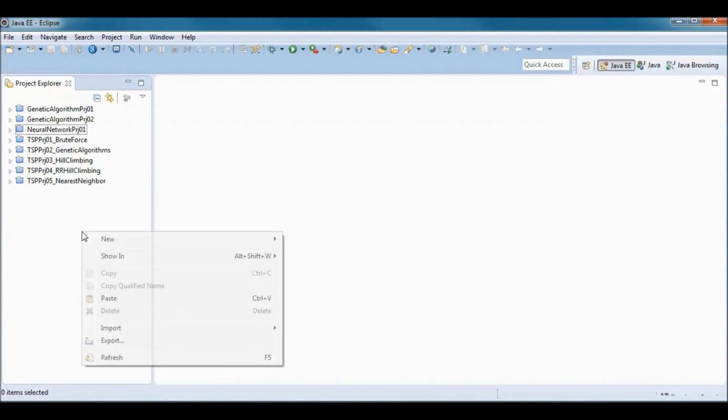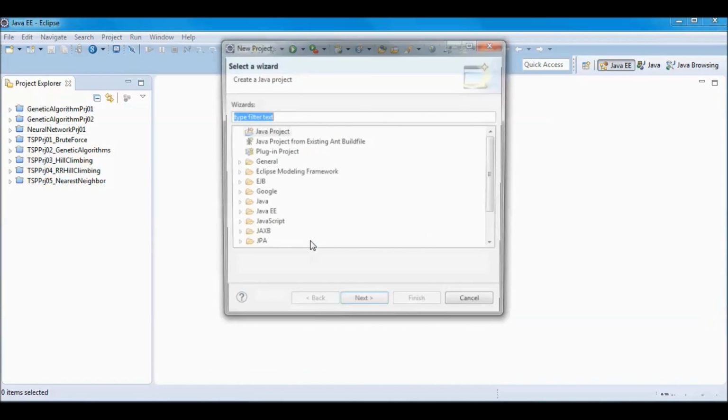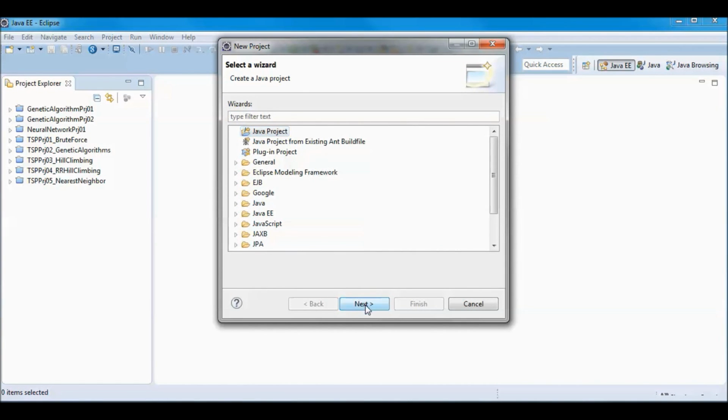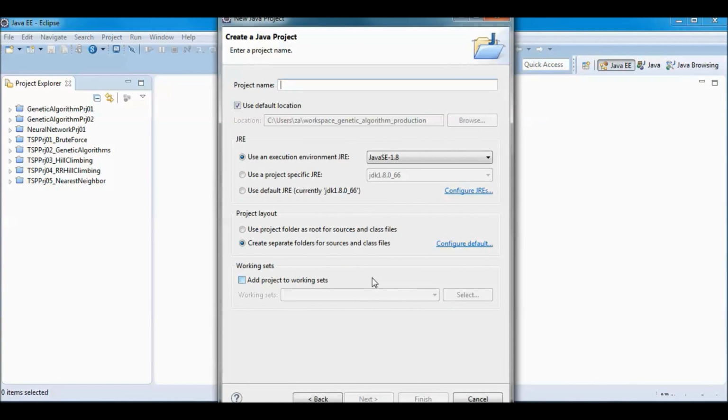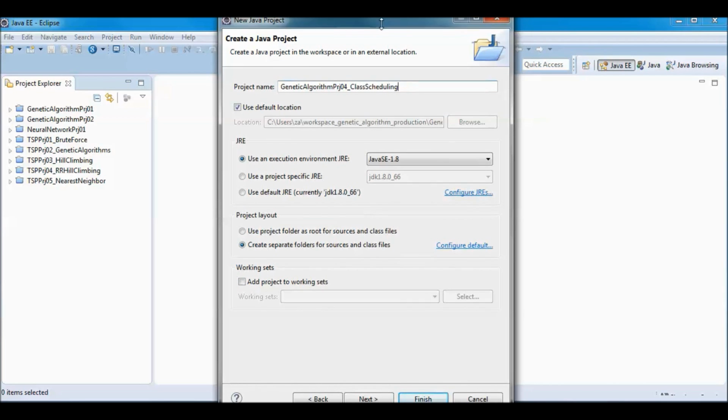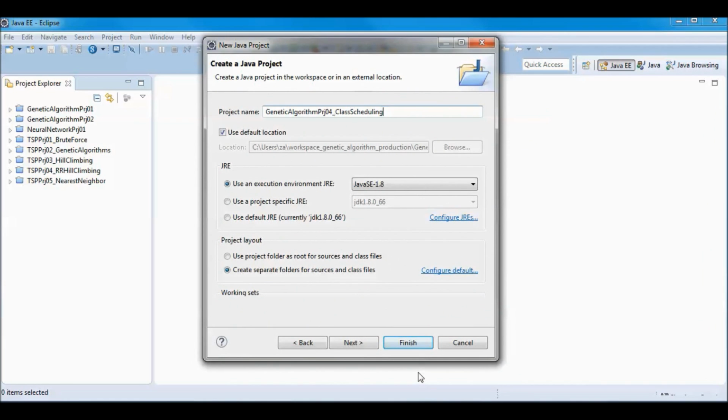Next, I'll start by creating a new project. And it's going to be running on Java 8.